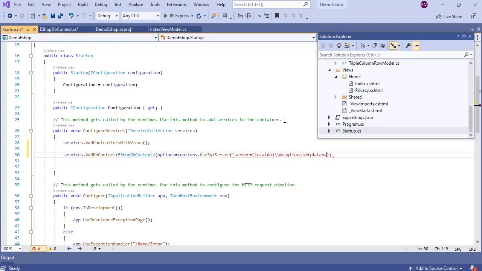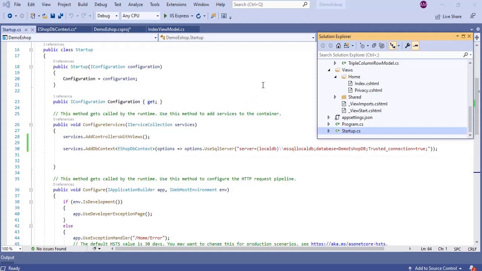Then database. We'll give a name to the database as demo eShop DB. Then trusted connection equal to true. That's it. Okay, now step 3 is completed.